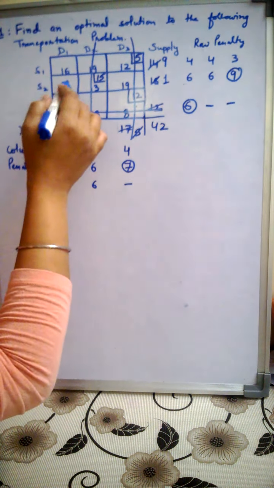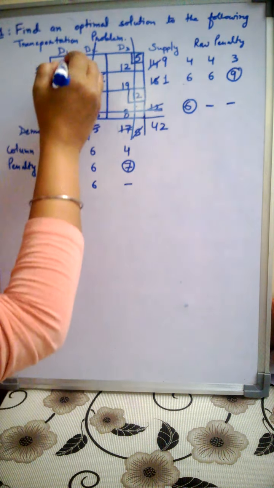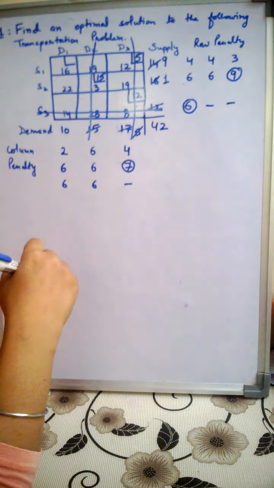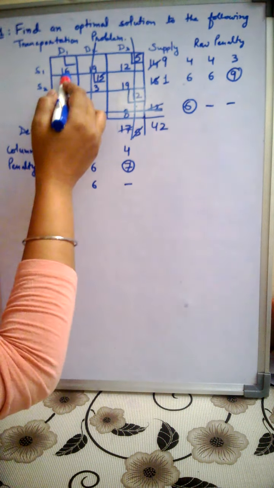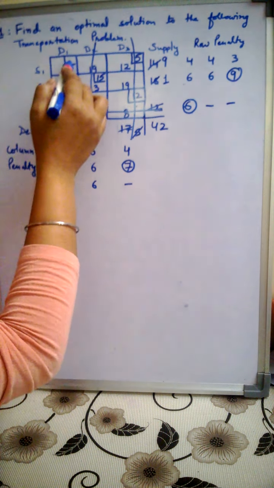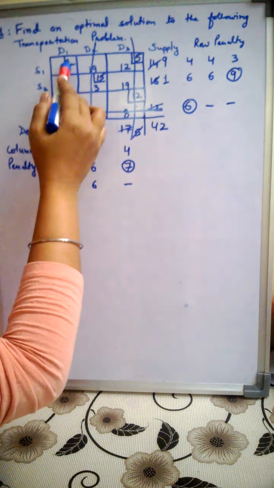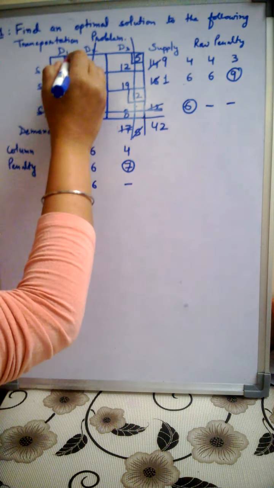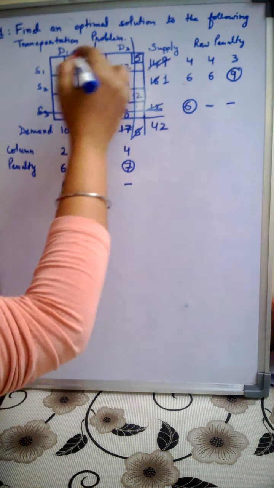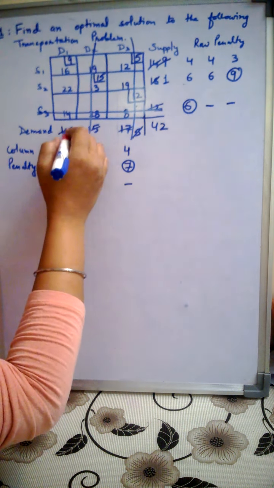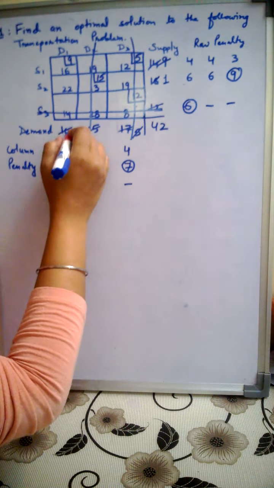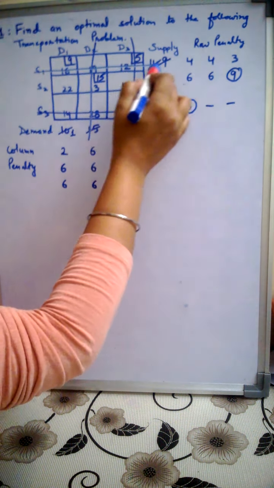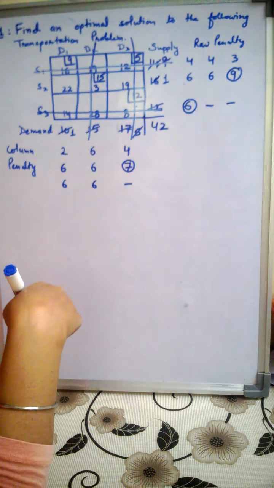Whatever values are left, you just look for the minimum cost among the costs that are left here in the table. So out of 16 and 22, minimum cost is 16, so allocation will be here first. So corresponding to this cell, supply is 9, demand is 10, so minimum of 9 and 10 is 9. 9 units have been transported here. Here out of 10 units, demand of 9 units has been fulfilled. We are left with 1 here. So at this step, since the supply is over, so we'll cancel off this row.